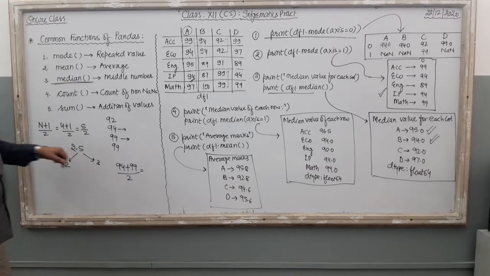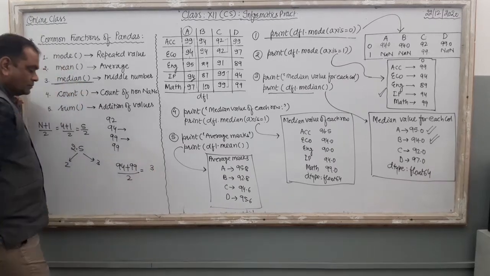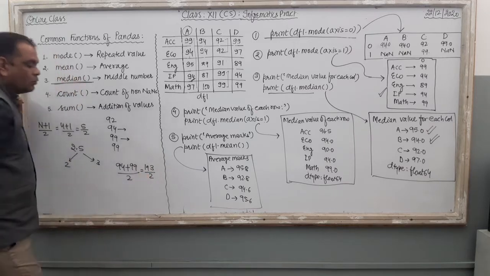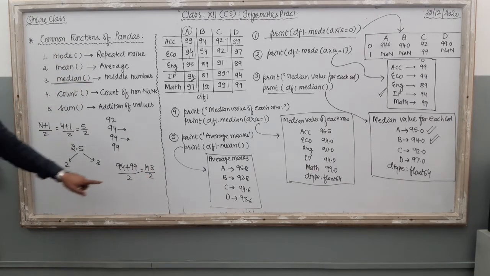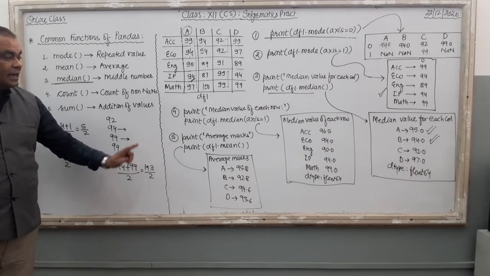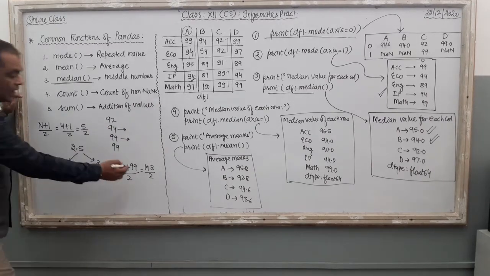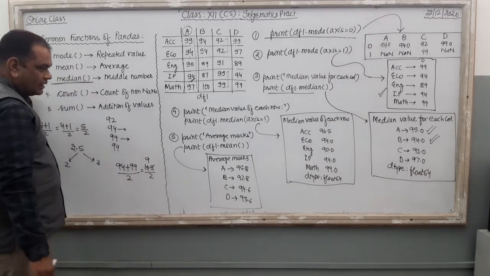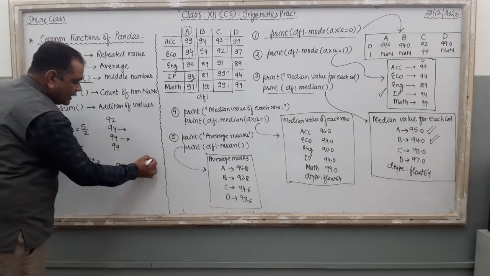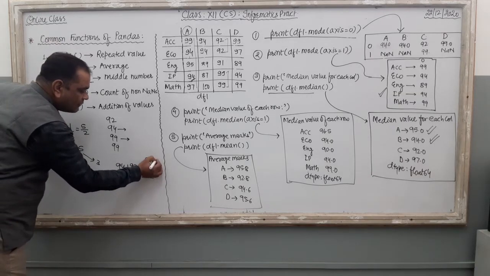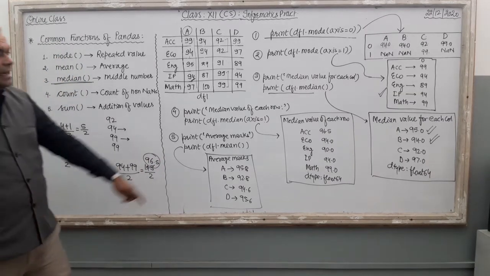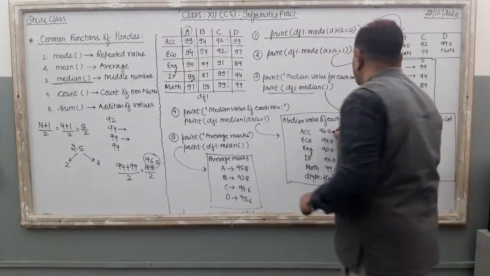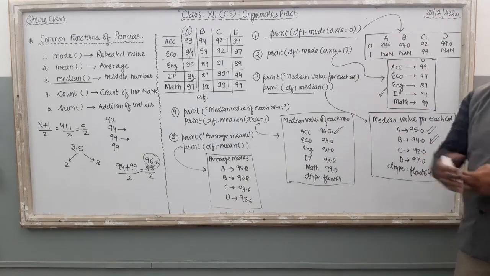So what is the result here? 9 and 4 is 13, then 10 plus 9, it is 193 upon 2. Clear? Now the result is reflected as the median. What is the result here? The result is 96.5. And then just see what is the result here. The output for accountancy is 96.5. This is the median of this accountancy.